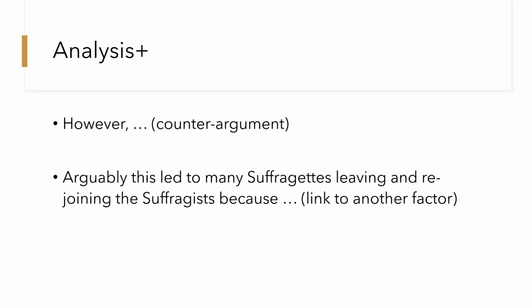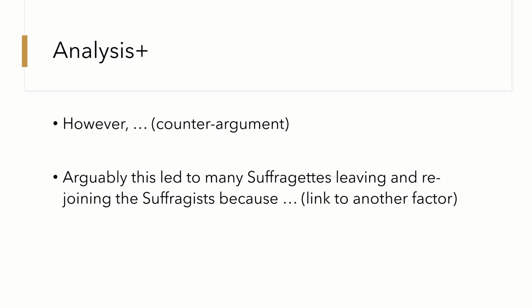Then if you can, after you've analysed, can you bring in any analysis plus? So again, here I might say, however, it was just further evidence, by the suffragettes going on hunger strike and having to be force fed, that they were too irrational or irresponsible to be given the vote. Again, these were really extreme methods that they were willing to go to. They were willing to basically lose their lives for their cause, as highlighted by Emily Davison in the 1913 Derby,